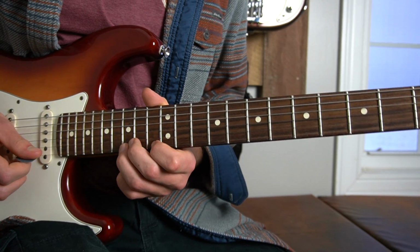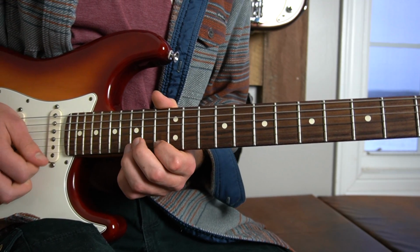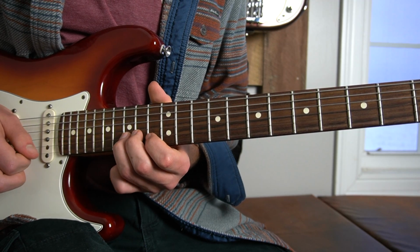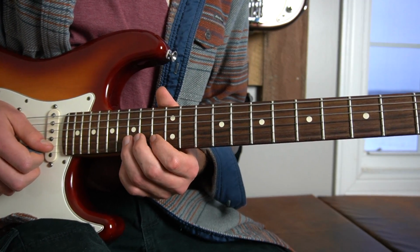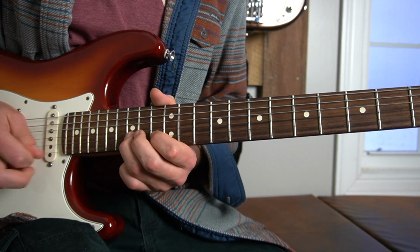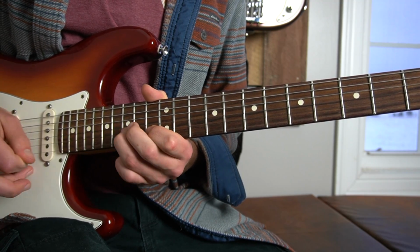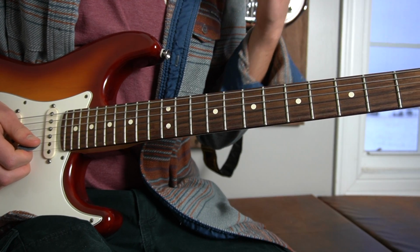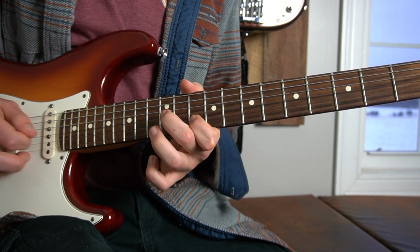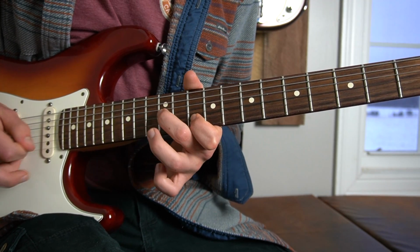and then we have this little walk down where we play the 15th fret of the high E, to the 13th fret of the high E, to the 15th fret of the B, to the 13th fret of the B, and then you do the 15th to the 13th fret of the B again. So, like this. Like that. And then we're back to the first 3 notes, which you only do 5 times. So,